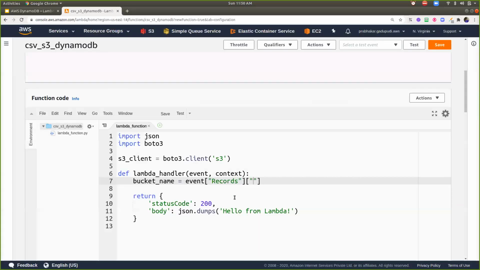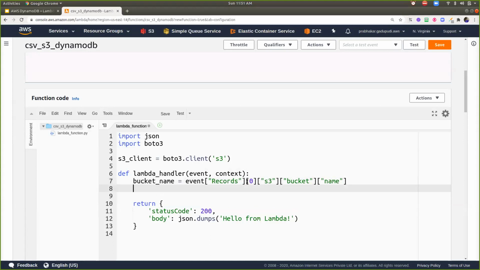So I'm following the same approach here. I'm reading the records. Once the records are read, I can go to the 0th index, and inside the 0th index I can find S3, and inside S3 I'm going to find the bucket, and inside the bucket the name of the bucket. Once my bucket name is available, next I can find the file name.